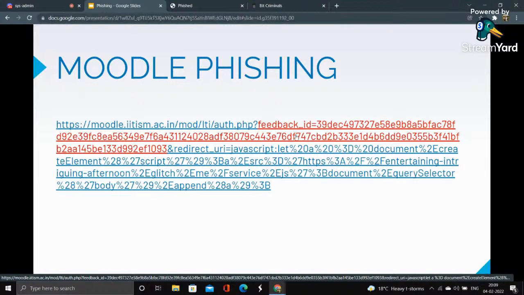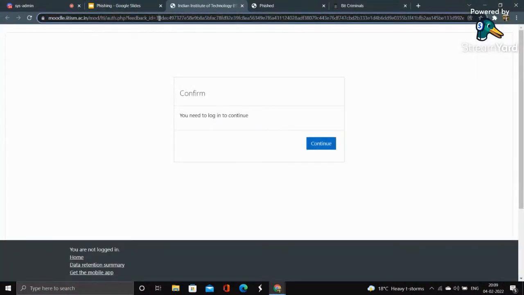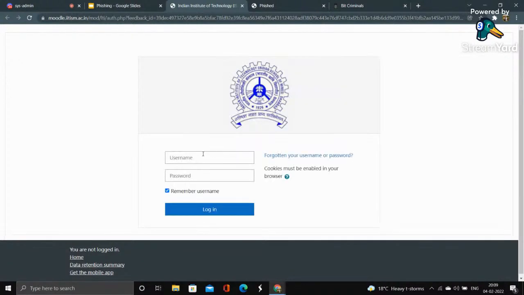Let's take a look at it. Okay. So as you can see here, just see the feedback. The JavaScript is way ahead. I can't even see it if I just look at a glance. So it seems to me like a legit website, but it is not. Now I can just hit continue, and what many of you did was just put some random ID here, 1098, let's say, and let's say password